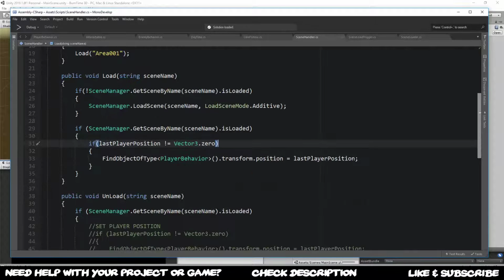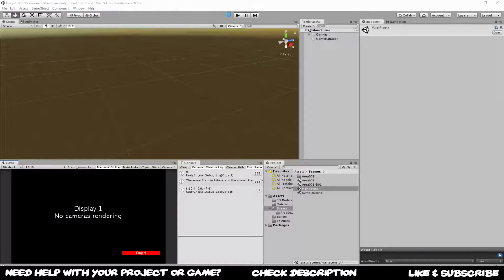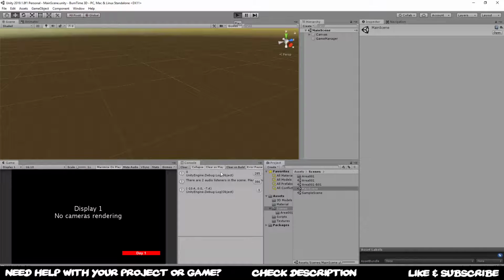I don't know. Maybe we're gonna wait until the scene has been loaded, like whatever this scene is, and then we're gonna try to update the transform position of the player. Because the debug line runs correctly over here, we get the correct vector,